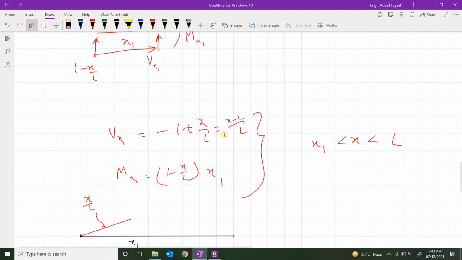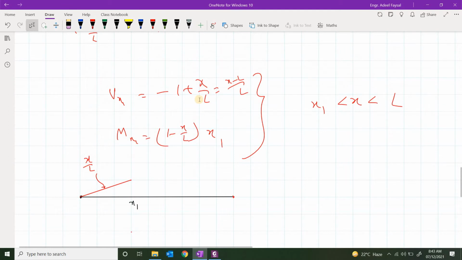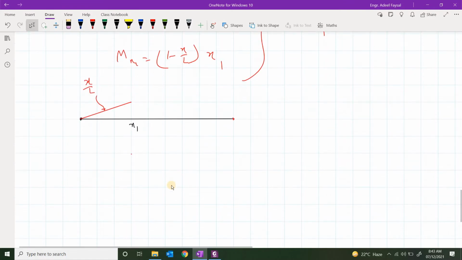Now if you see the ordinate at x1, if you put x equal to x1 in this expression, it will be equal to x1 minus L over L. Or you can say in this form, minus 1 plus x1 over L, or x1 over L minus 1. So what do you think? Would it be a positive quantity or negative quantity? Because x1 is definitely going to be less than L, this answer is going to be less than 1, and this is 1, it means the overall answer would be a negative answer, and that means it will be somewhere over here.